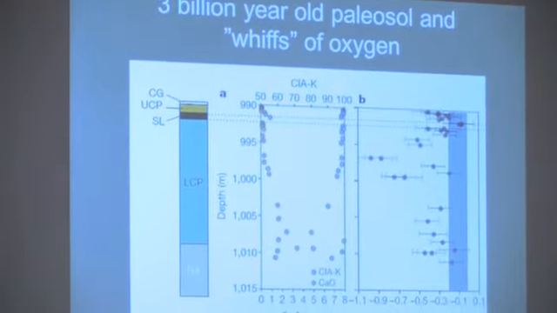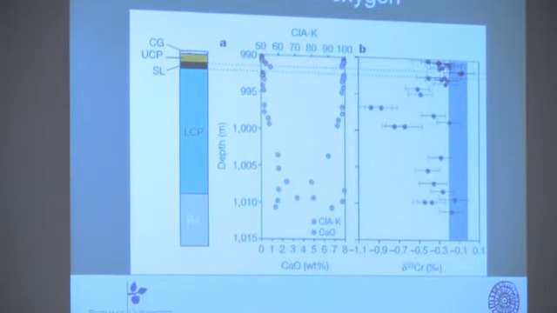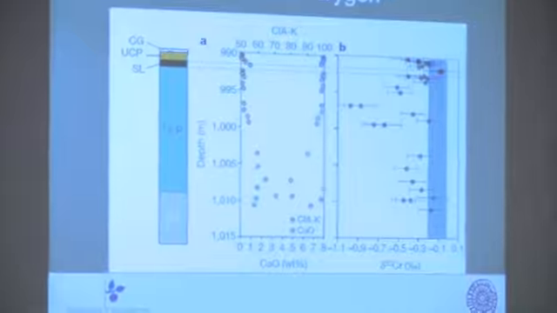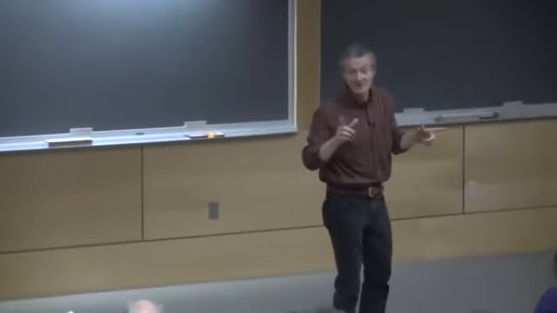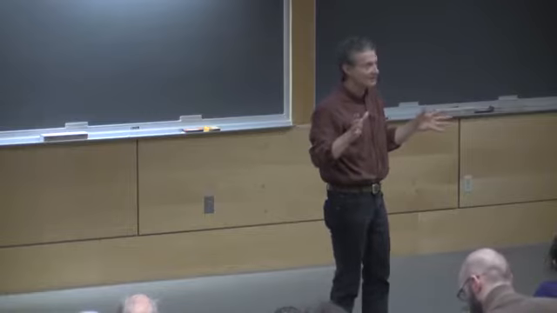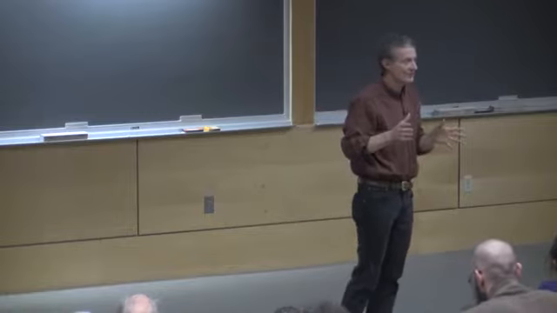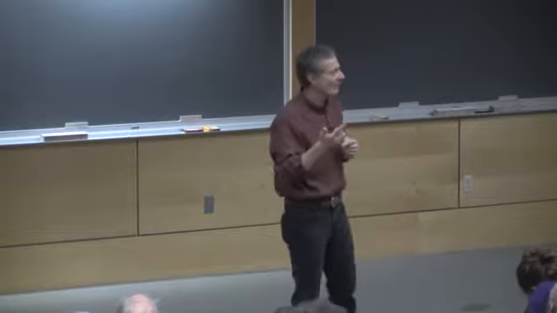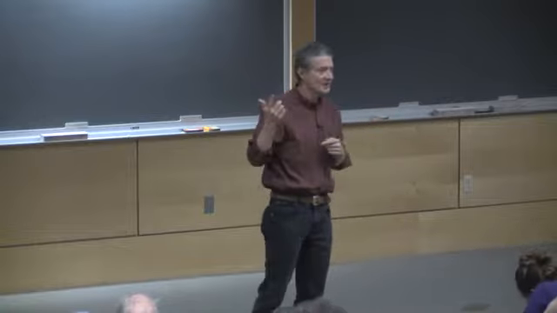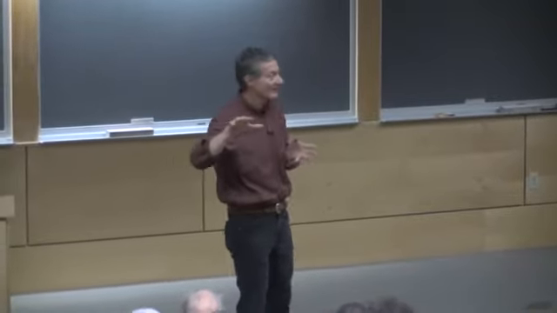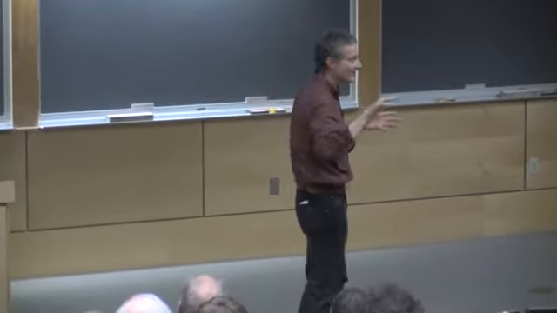And if you look at the graph on the right-hand side, what you see, actually, I should explain this in another way. What we're looking at is a paleosol. What's a paleosol? A paleosol means an ancient soil. So, what I want you to imagine is this. I want you to imagine Hawaii. That's a good place to imagine. So imagine Hawaii and imagine a fresh lava flow on Hawaii. That's probably not such a bad thing to imagine either.